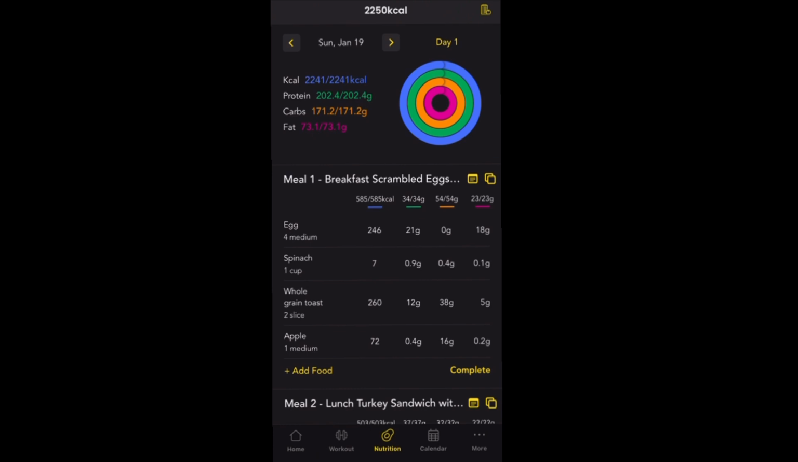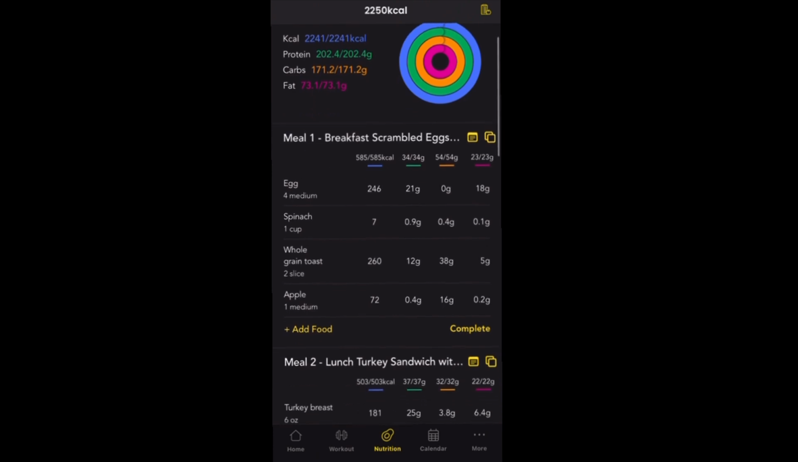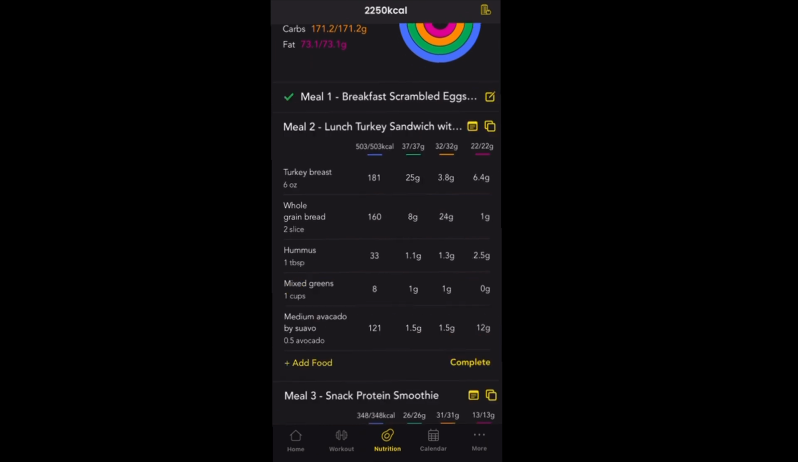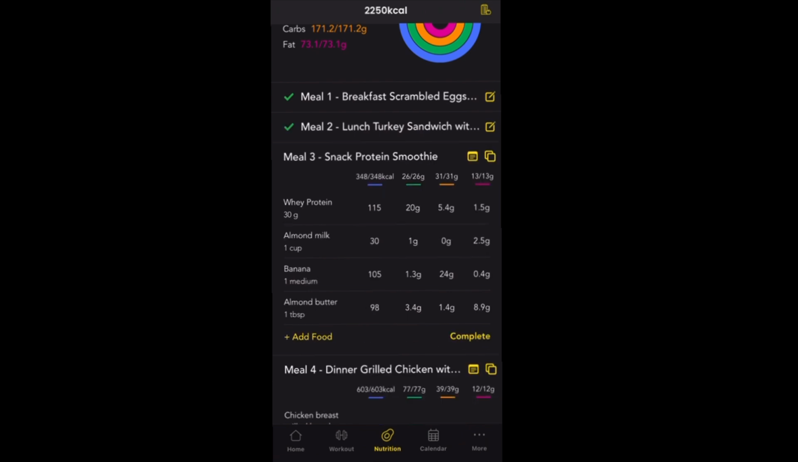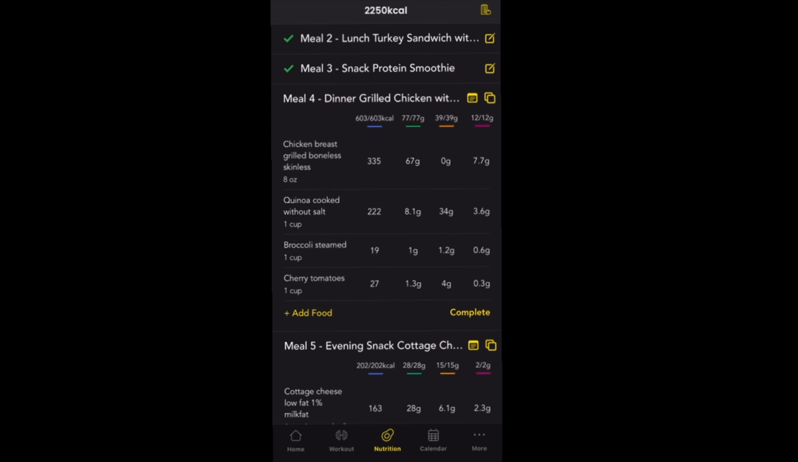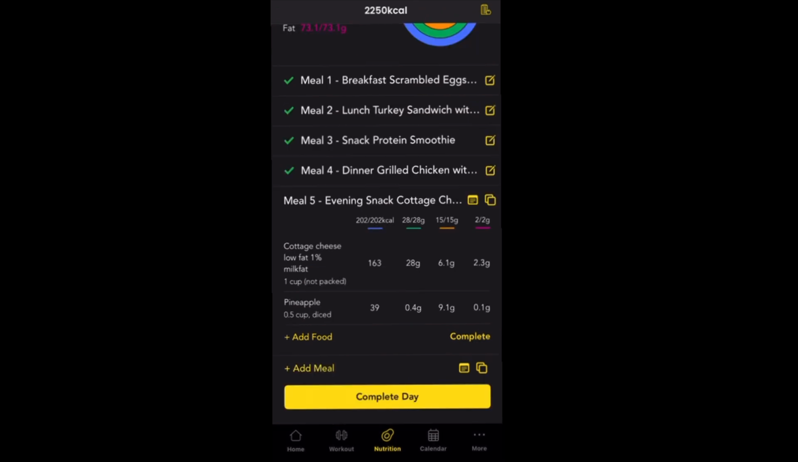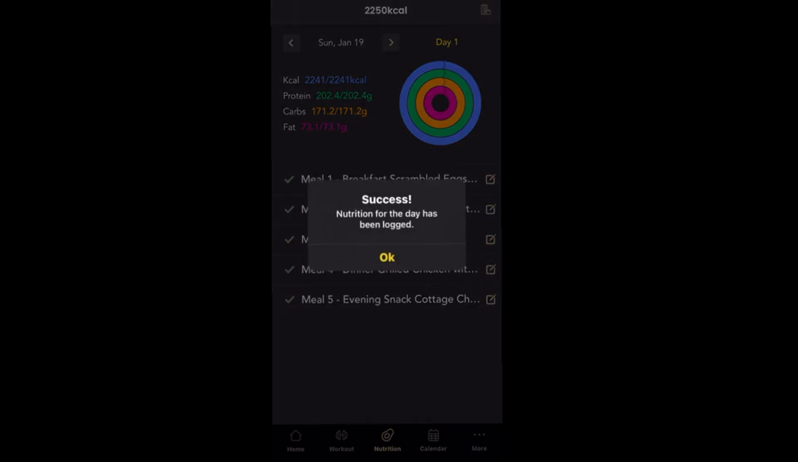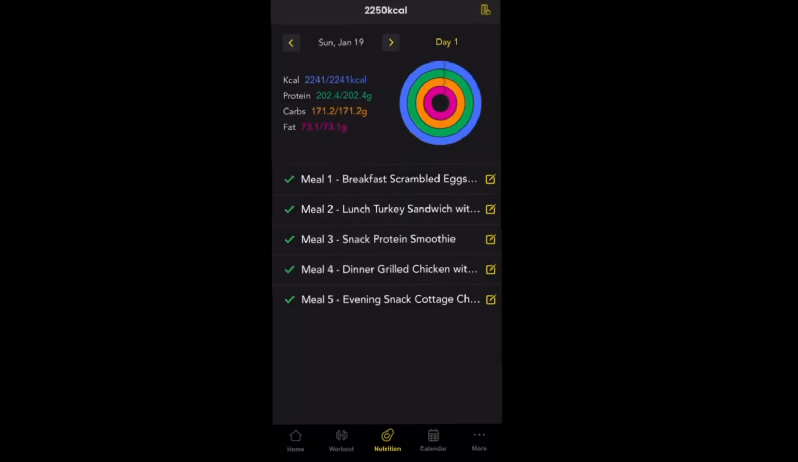So you can see here, as they're going through, so say for example, we've done our eggs, our spinach, our whole grain toast and our apple. We're going to complete that. All right, then we've got lunch. Then we're going to complete that. Snacks, completed and made. Dinner, grilled chicken, bang. Then we've done that, and then we complete our day. All right. Now, what that's going to do is just keep me and you really aligned with what's going on